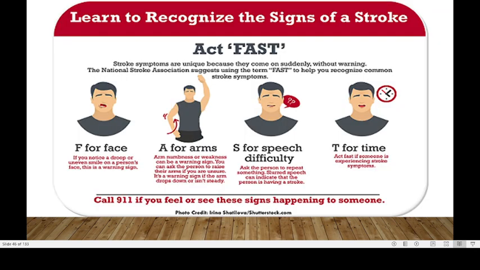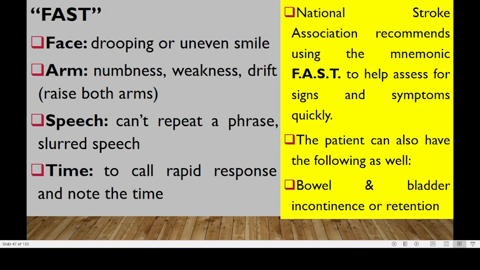Right? So we normally use the FAST mnemonic. The National Stroke Association has recommended the use of this mnemonic because this will help us assess signs and symptoms quickly. So the patient can also have the following as well. They could also present with bowel and bladder incontinence and retention, along with F for facial drooping or an uneven smile,